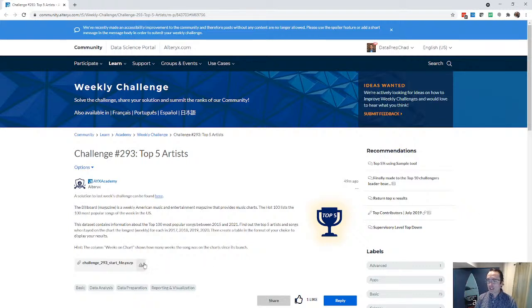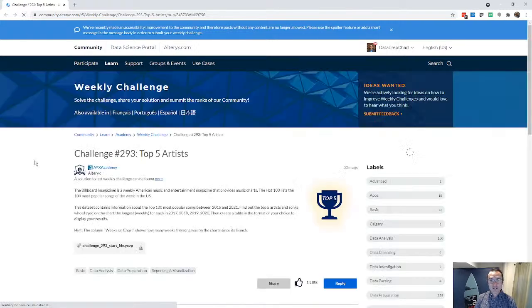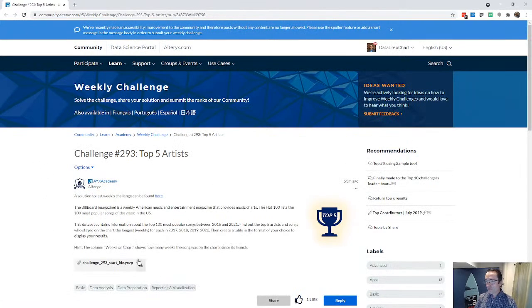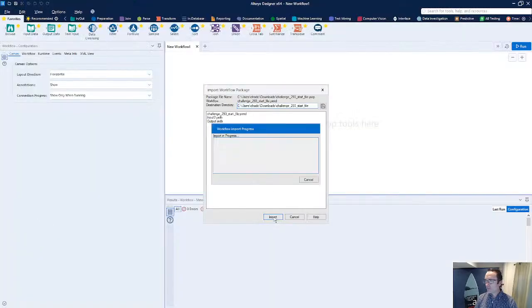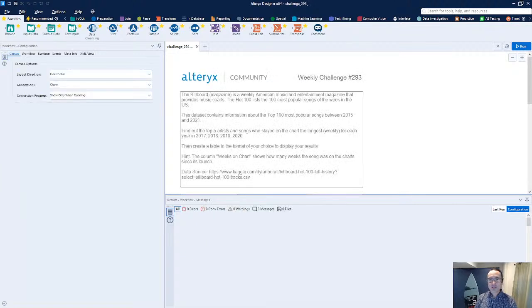So let's go ahead and download our start file here. Let's try this one more time. For some reason, it's deciding not to download for me. This is going into the live build. Let's try a little refresh here and see if that actually helps out. There we go. All right. A little refresh actually helps out. Of course, I get a little nervous anytime something doesn't work on a live show.